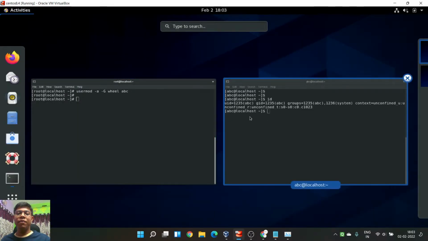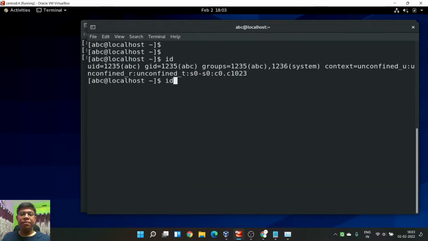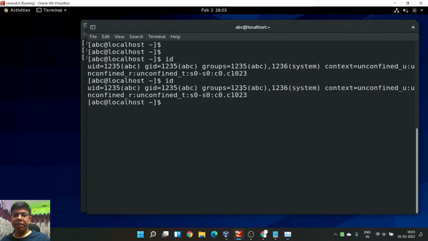All right. So now if I run the id command here, you can see abc user has two groups. One is this, and another is system. Why is it not showing me? Strange actually.